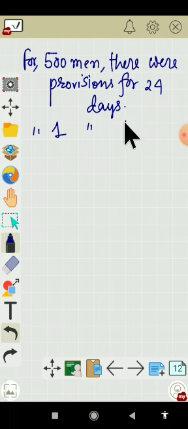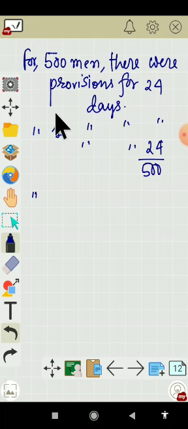For 1 man there were provisions for 24 into 500 days, and for 800 men...